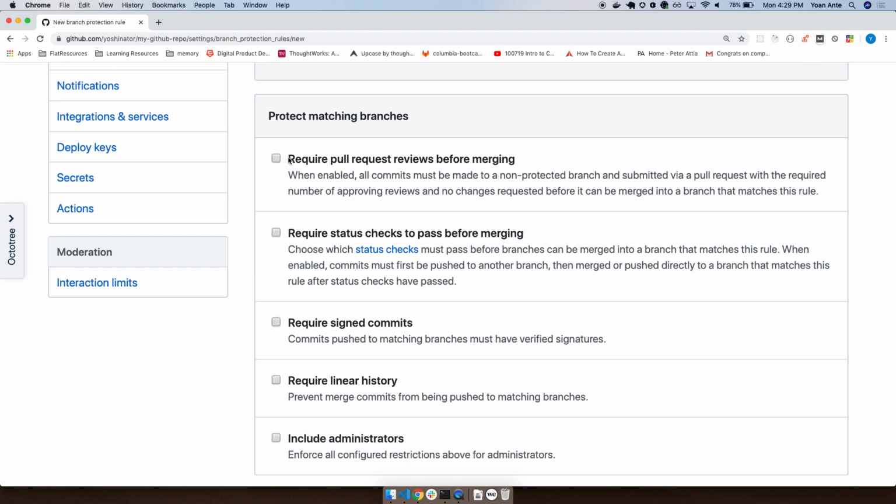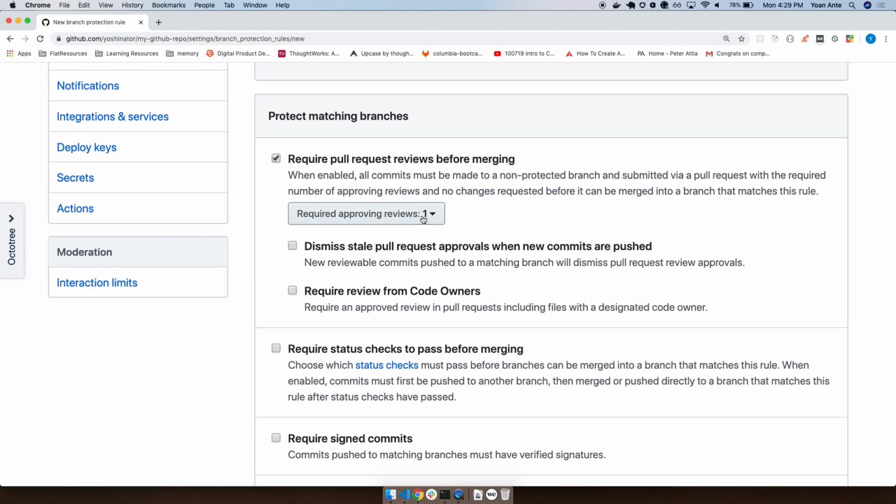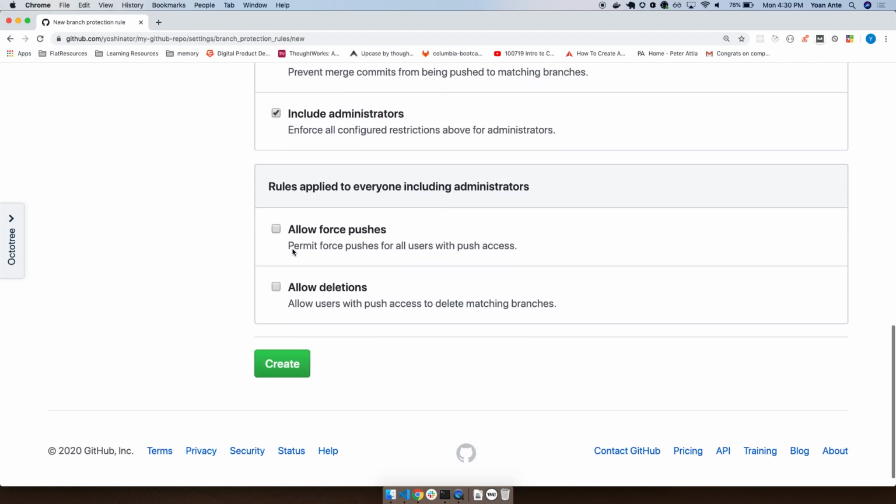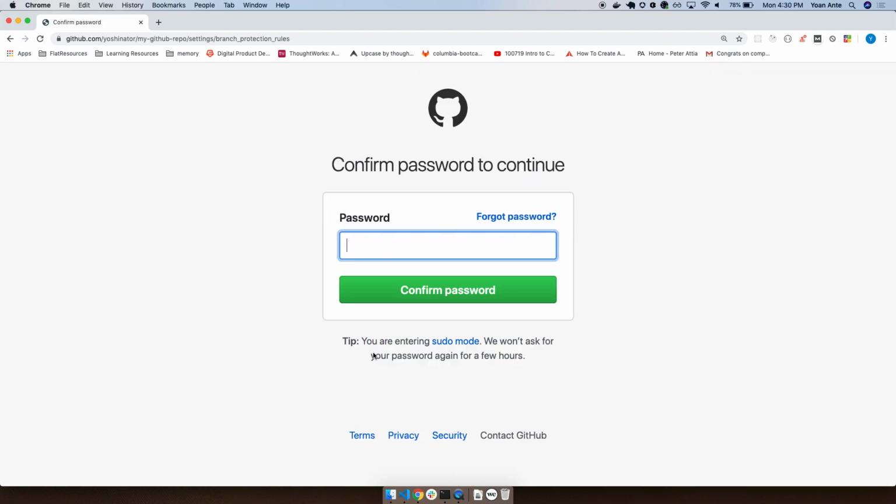And I would say require pull request reviews before merging. So somebody else needs to look at your code and say, okay, this merge request is approved. And include administrators, so even if you created that branch, your teammate is gonna have to approve that pull request for you also, okay? And then you just hit create, and now,